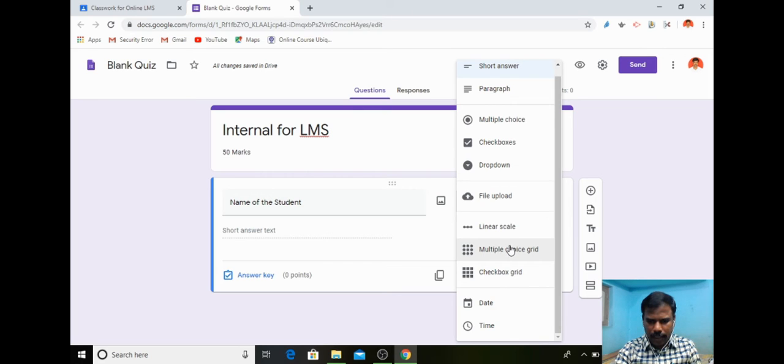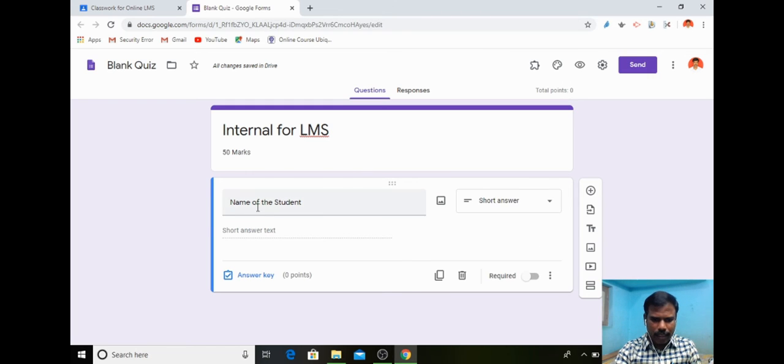A multiple choice grid means one row one column we can select only one, and checkbox grid means more than one option we can select either in row or column, and it can be a date answer or it can be a time. I am using a short answer because it is a name.